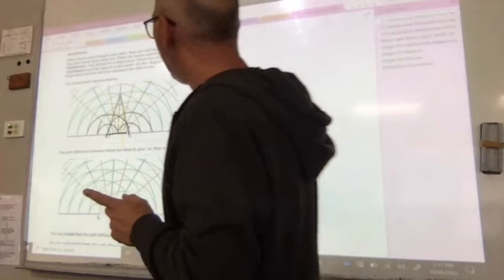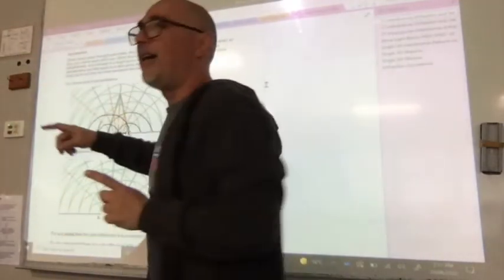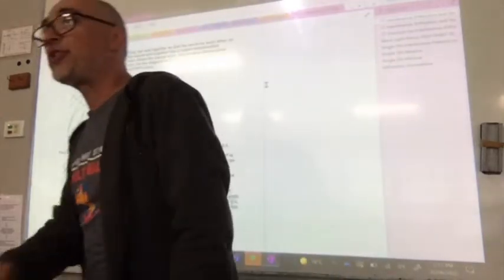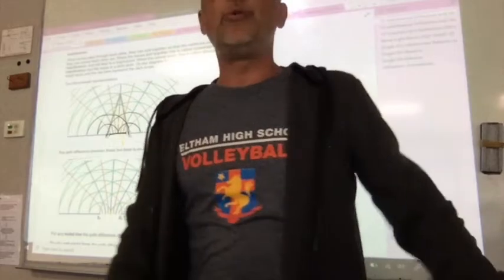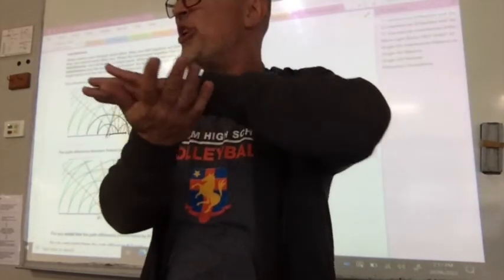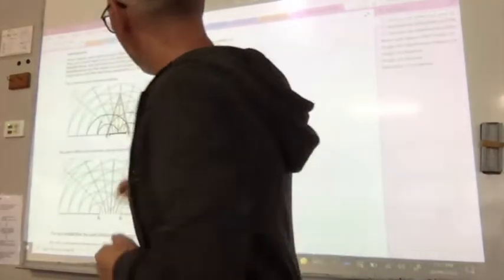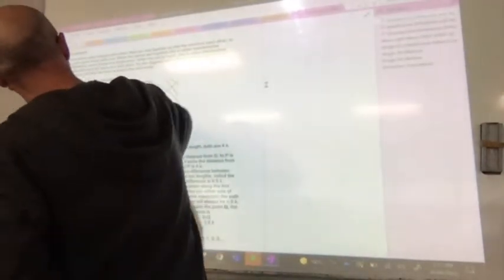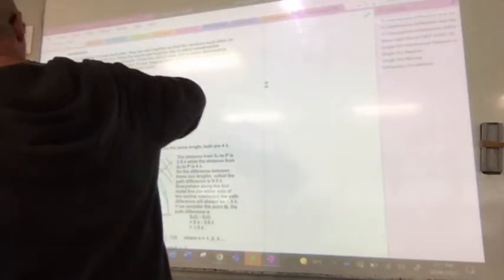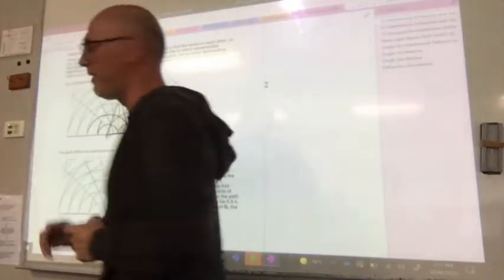What we look for are regions where crests meet crests, troughs meet troughs, which just means those crests are bigger and the troughs are deeper. But the really fun part is when crests meet troughs and they cancel out. As the energy passes, they cancel out and you end up with a dead spot, like a node. All right? And so these lines here represent nodes. Okay, well, nodes and antinodes it looks like, because you've got a different color pattern there. All right,